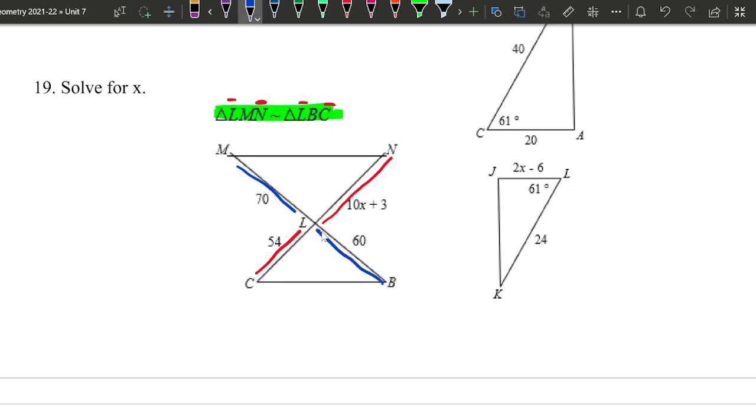All right, so I have, and it doesn't matter. Again, you can set it up whichever way makes more sense to you. You can have 54 over 10x plus 3 equals 70 over 60. The red together as a ratio and the blue together as a ratio. Go ahead and set it up like that. 54 over 10x plus 3. And that equals,